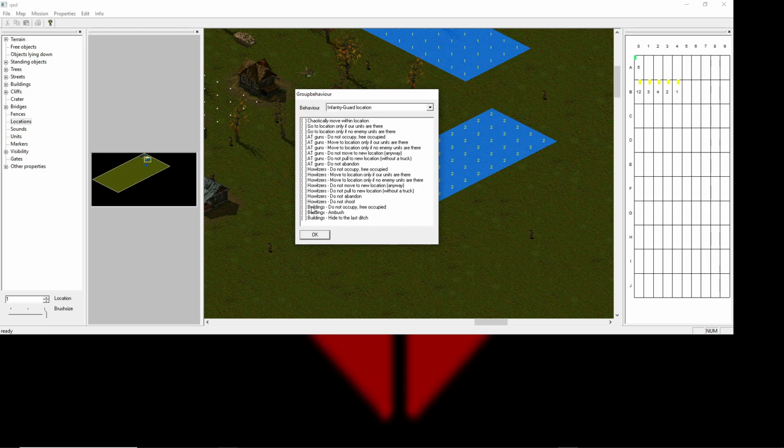So if you don't want them to get into buildings, but there are buildings in the zone you want them to go to, you can just hit this. They'll free the buildings, but they won't go in them. So, yeah, and then we got